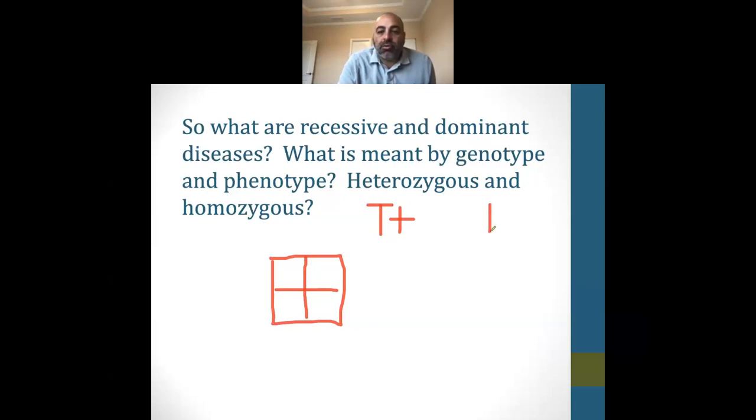So we can say that's one parent. Let's say the other parent has the disease. They would have two recessive alleles. So in this situation, you put one parent here, one parent here. And what we would end up with, this one is a carrier because you're going to combine that dominant with the recessive. This one has disease.